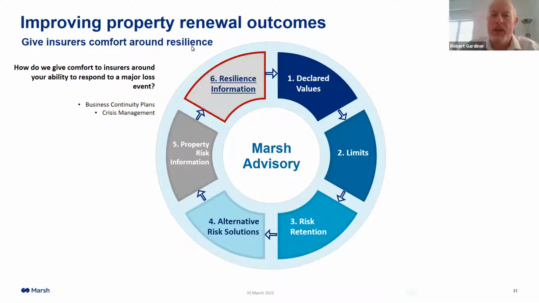And the last piece is around improving, giving insurers comfort around resilience. We've spent a lot of time talking about data and property data. But historically, the BI claim can make up 60% of a property damage BI claim. So the BI aspect, the business interruption, is a really critical part in terms of exposure and ultimately managing that risk. So how can we help our clients in terms of managing that risk? If we just want to move to the next slide,